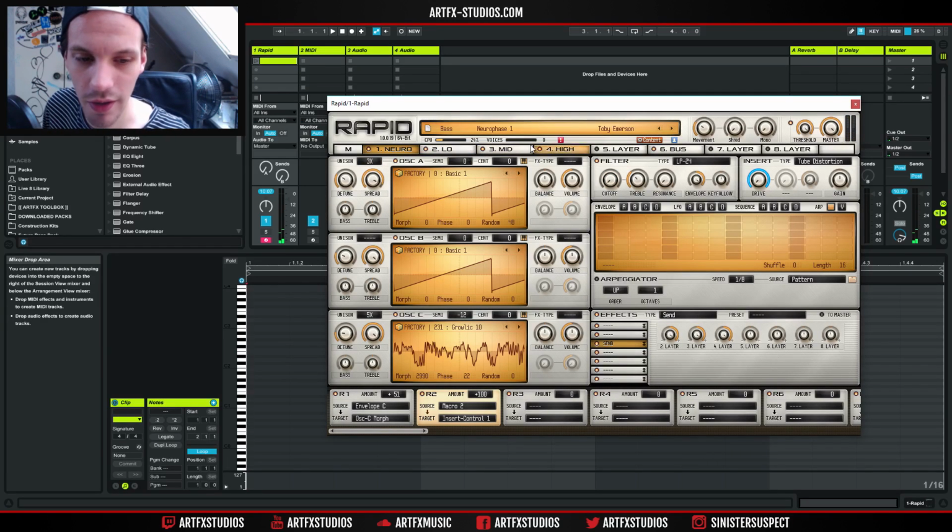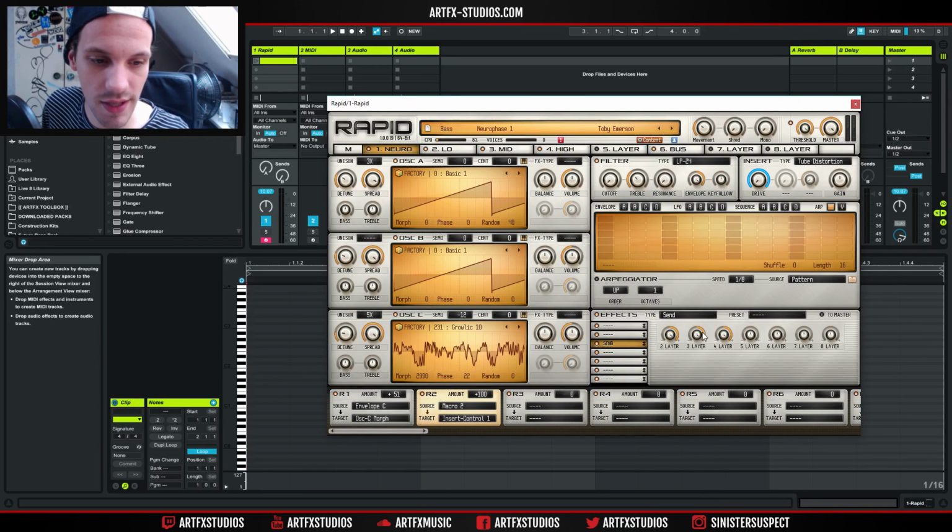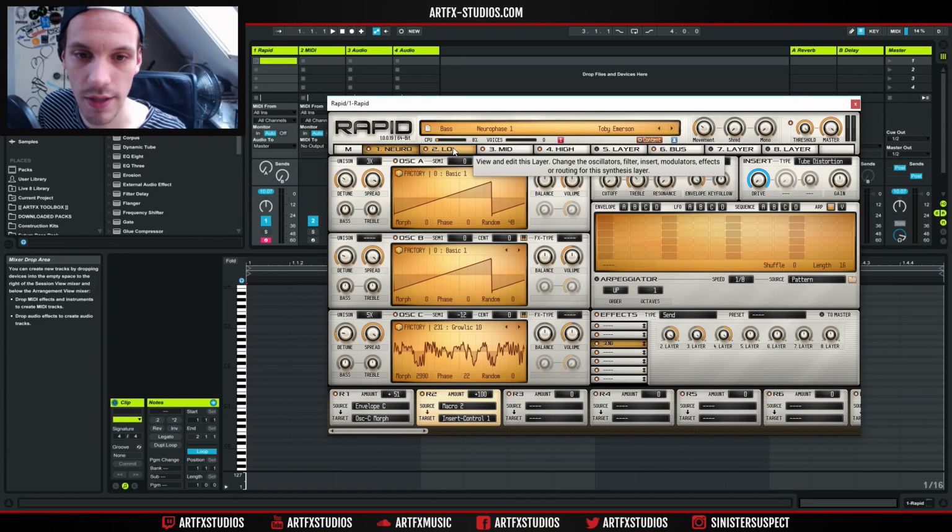And what is going on here is on the Neuro layer, which is the first layer, they basically programmed a patch, and then in the effects section they use the send effect type, which is just a send, and then you can select to which layers you want to send that to. So they've sent this layer 1 to layer 2, 3 and 4, and then they named these layers low, mid